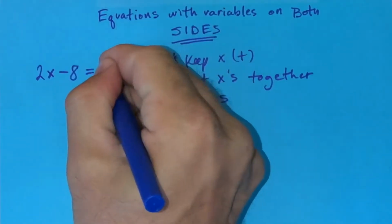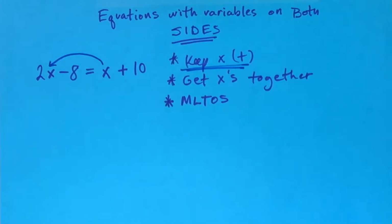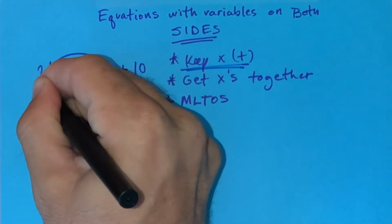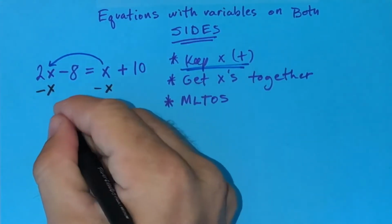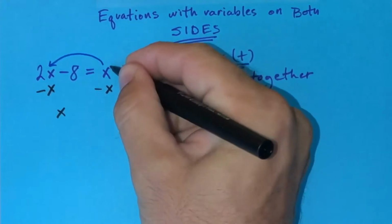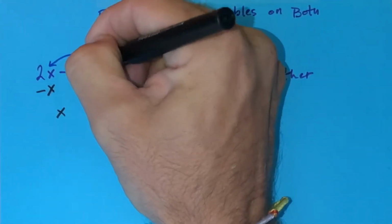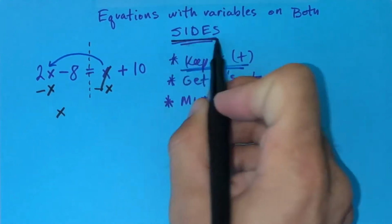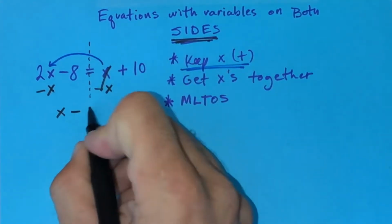I'm going to move my x to the left because, like I said, I intend to keep x positive. So we'll subtract the x from both sides, and if you see, the 2x minus the x leaves me just with an x, and these two cancel out, and I've moved it from one side of the equation to the other. Now remember, the equal sign is what provides you with these sides that we're talking about, left and right sides of an equation. And you're left with x minus 8